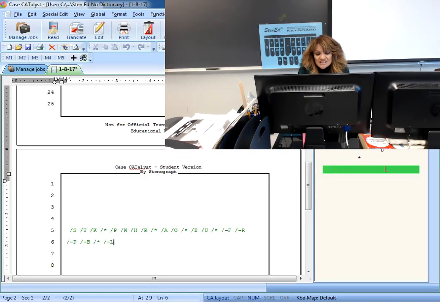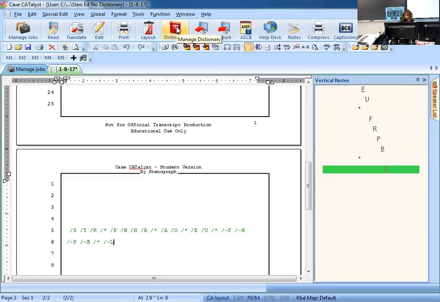Read back your notes aloud if possible. I cannot stress how important it is to read back your notes out loud. You're learning a new language, and the more familiar you are with it, the more visually you can see it, the better you're going to get at recognizing those letters, okay? So I cannot stress how important that is. So we're going to write the words. I'm going to minimize myself, and I'm going to write the words just like it is in my book on